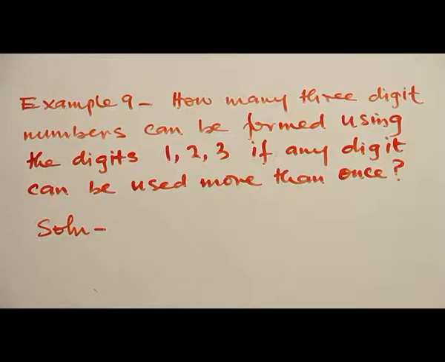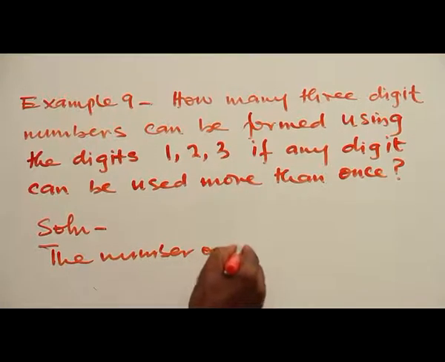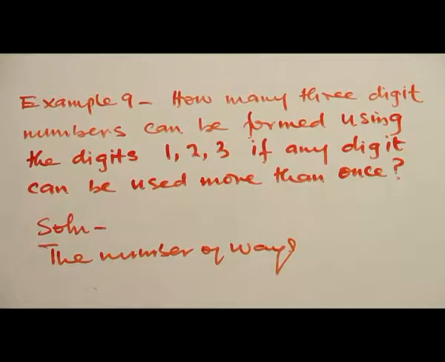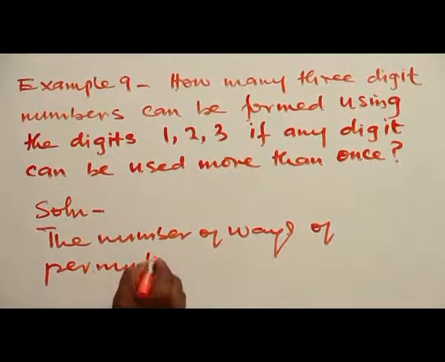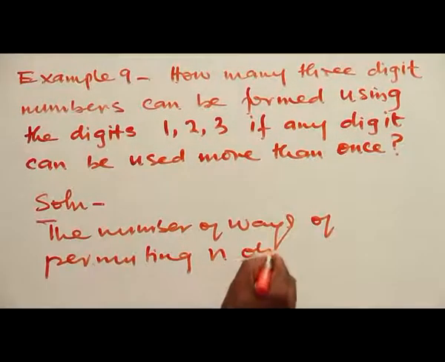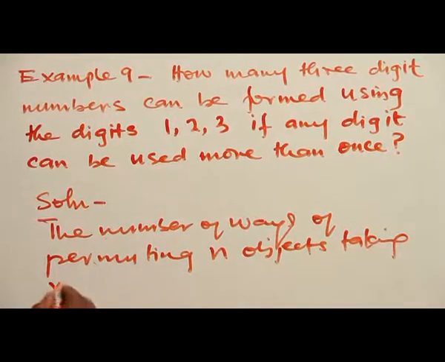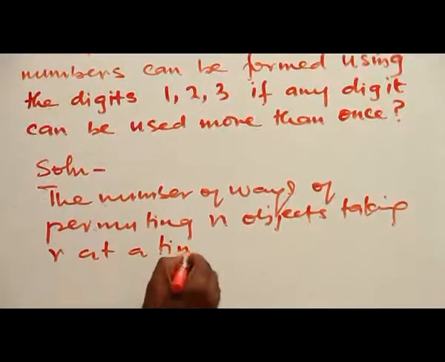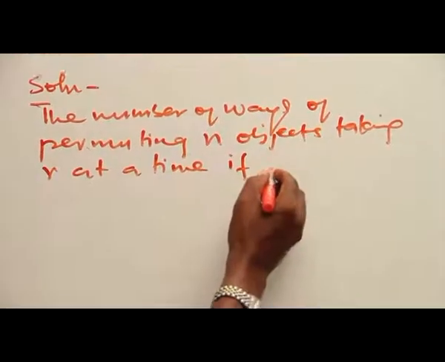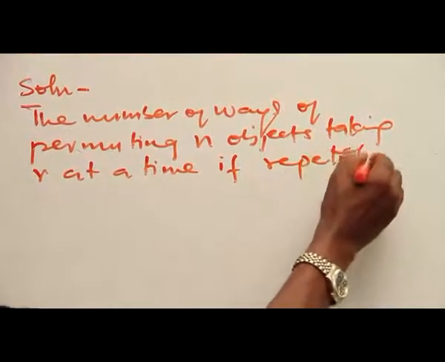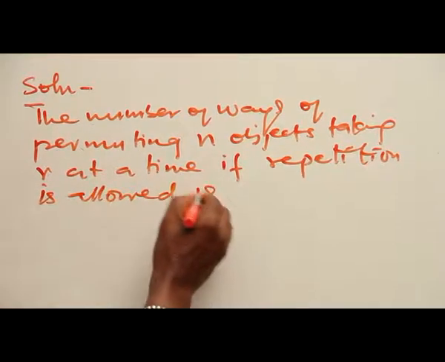So we have that the number of ways of permuting n objects taking R at a time if repetition is allowed is